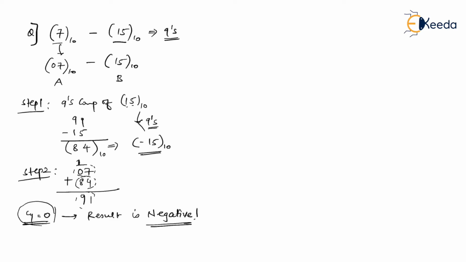But here you can say plus 8 as the result. But can't you see over here it is 91. It is 91 and not minus 8. What does that mean? The result is not in the true form because it is negative. Since it is negative, it is not in the true form. To get the true form, take r minus 1's complement. Here, r minus 1's complement is nothing but 9's complement. Okay. So, see, result is what? It is 91 to the base 10. It is not in true form. To get the true form, take 9's complement of this.